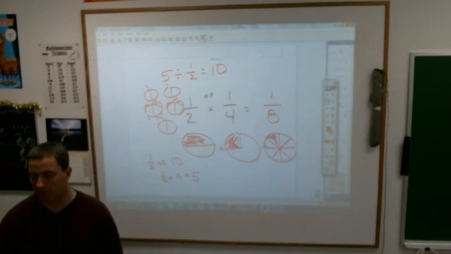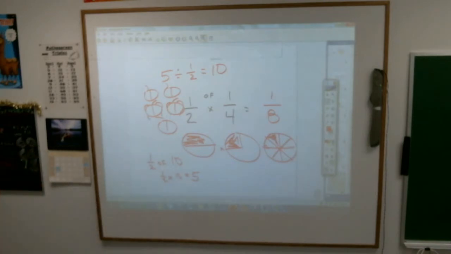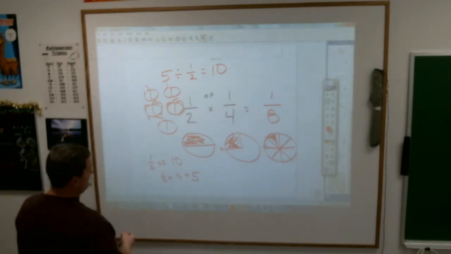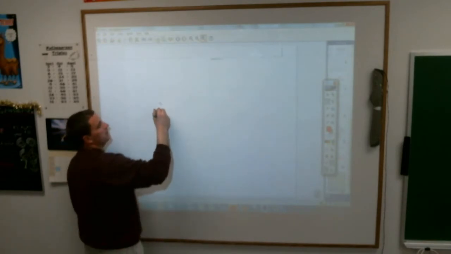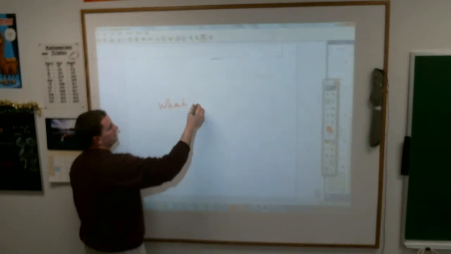But for right now, you don't have to worry about any of that stuff. You just have to know that when you multiply by fractions, you multiply across. And here's what the book will also do. They'll ask you this problem. What is